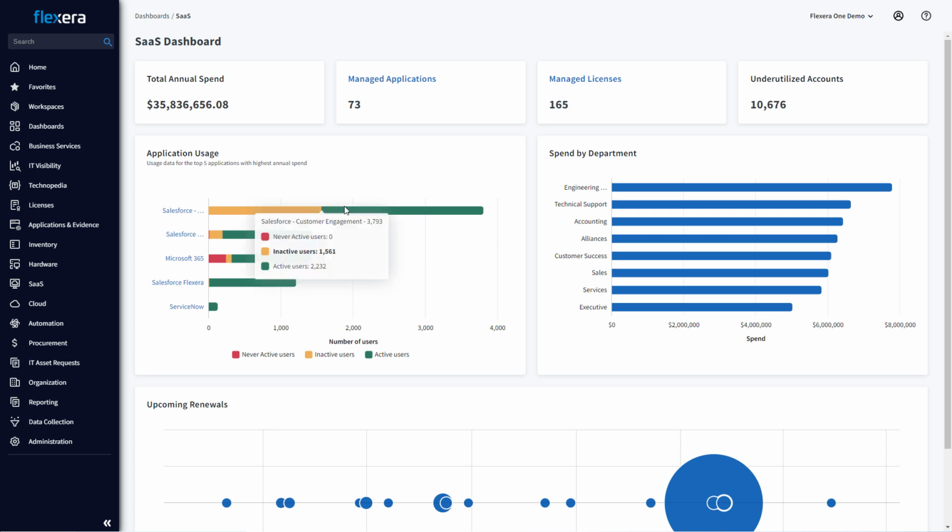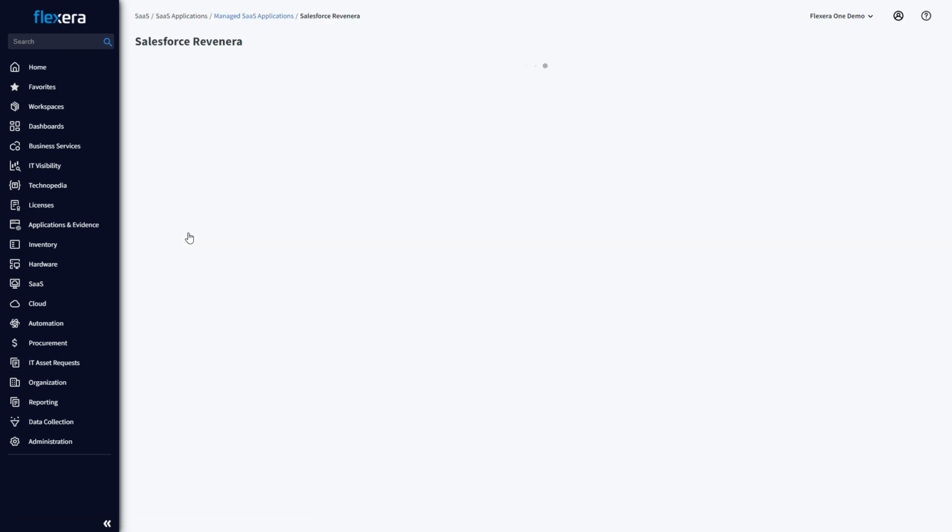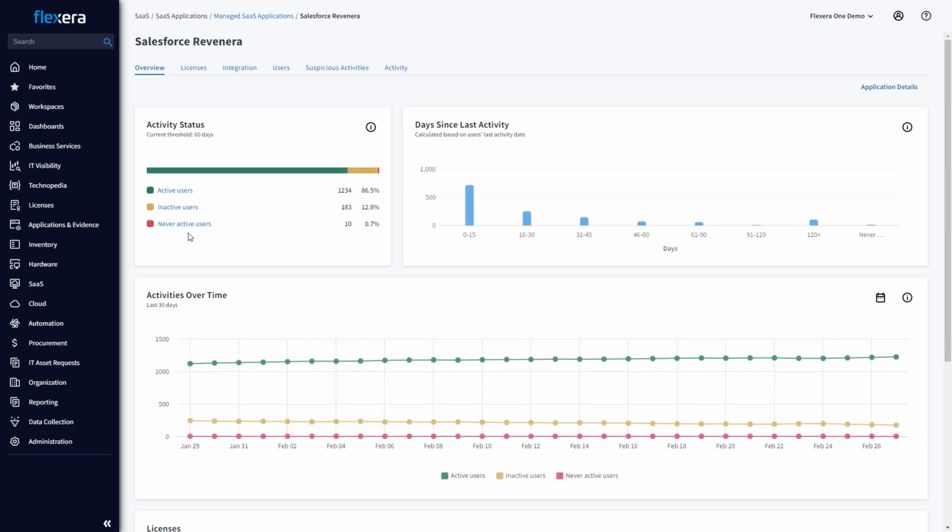In this demo, we'll have a look at how Flexera helps customers manage their Salesforce subscriptions by providing further insights into Salesforce consumption in an alternate reporting solution, in this case Power BI. Flexera has introduced Power BI reporting for SaaS management to help customers with the detailed reporting that's not available